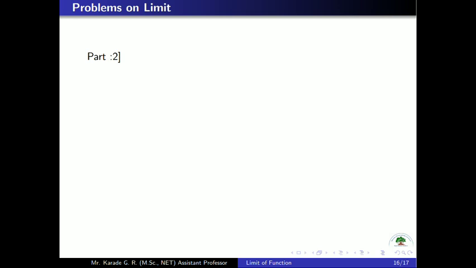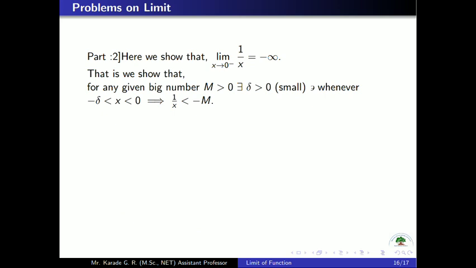Now consider part number 2. Here we show that the limit of the function 1 upon x as x tends to 0 minus is equal to minus infinity, and for that we show that for any given big number m greater than 0, there exists a delta greater than 0, which is small, such that whenever x is greater than minus delta and less than 0,